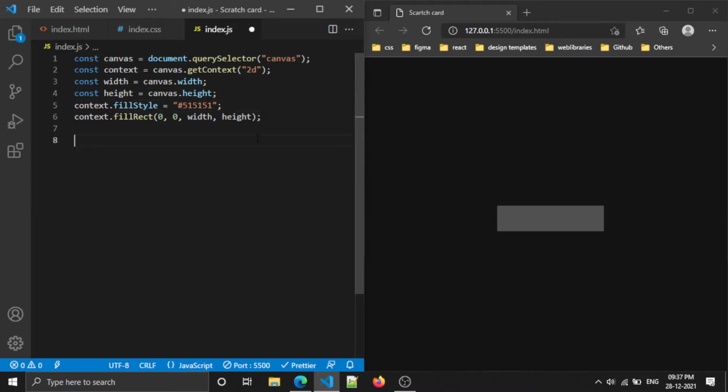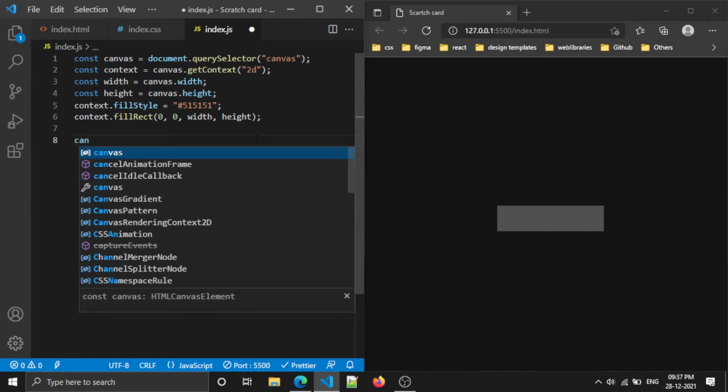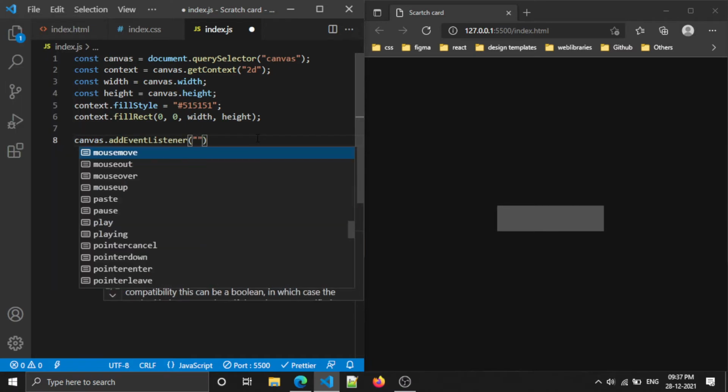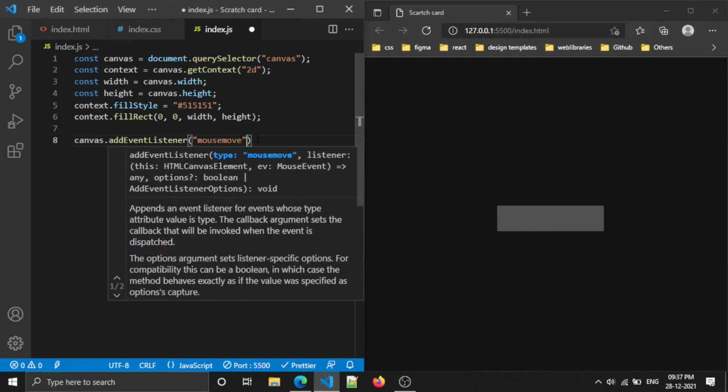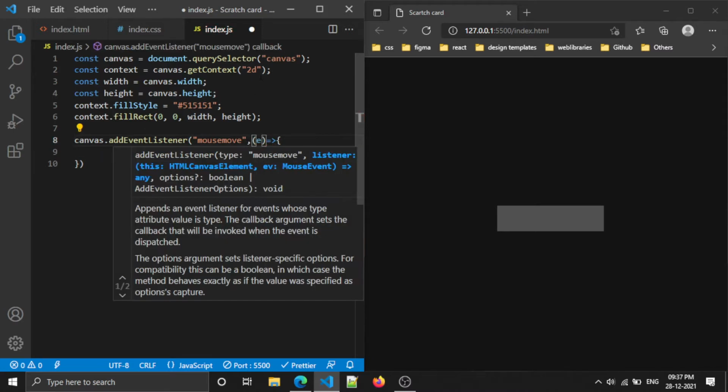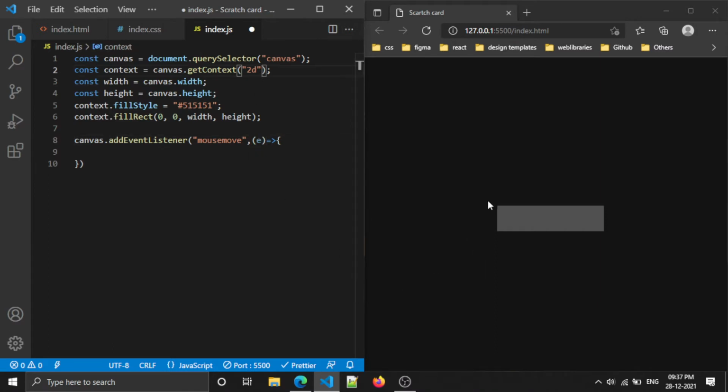Next I am going to add my event listener. So canvas.addEventListener. Here I am going to use the mousemove listener, so that we can wipe the section based upon our mouse move.